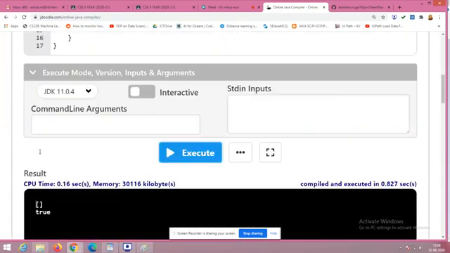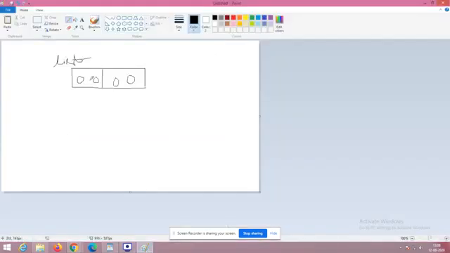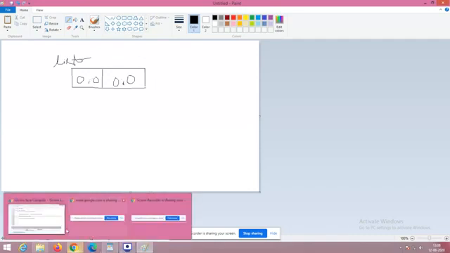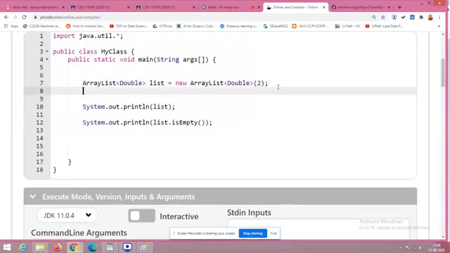I am printing the empty list, because if I need to add anything, I have to add using the add method only. Internally, this is the status, 0.0, 0.0. The 2 spaces are created for double elements.